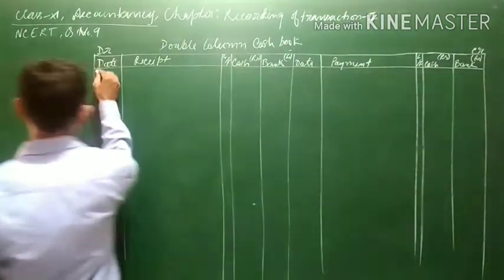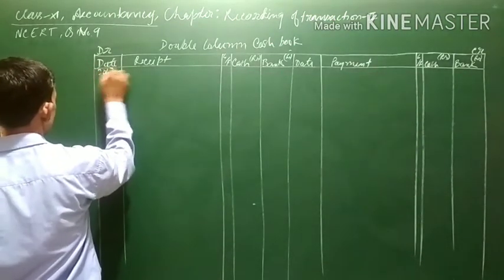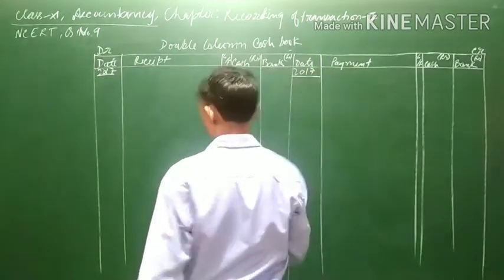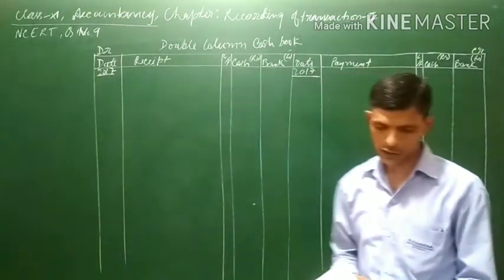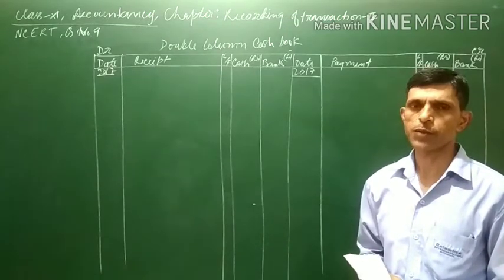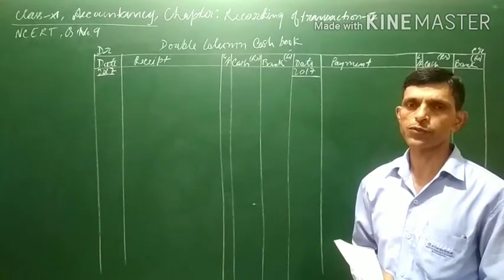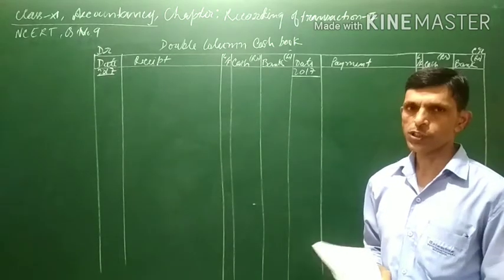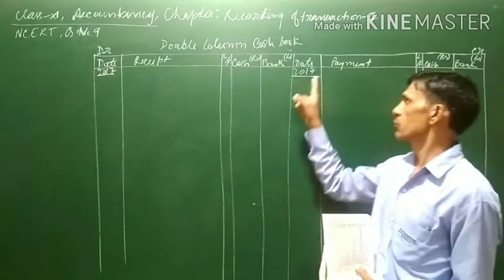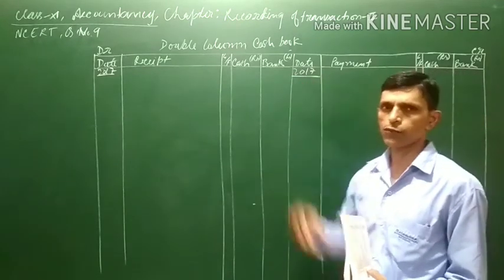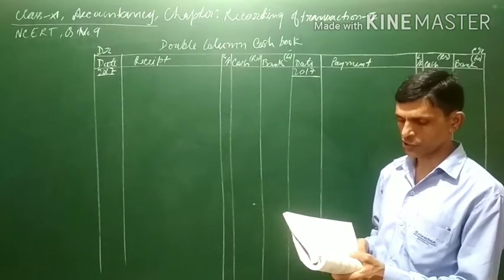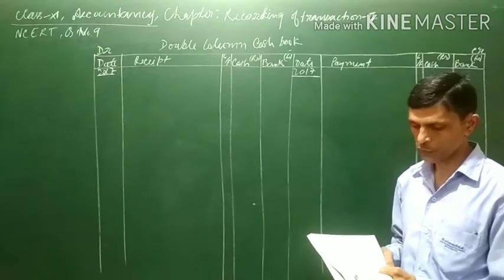So first of all, in the date column we will be writing here 2017. On the credit side also 2017. One more thing to be kept in mind is that in some books the year may be, instead of 2017, 2018 also, or it can be 2015 or 16 also. So it will be irrelevant whether the year is 2016 or 2014. You can write 2014 or 16, whatever is given in the question. Dates will remain almost the same, I think, if you go through the previous books.